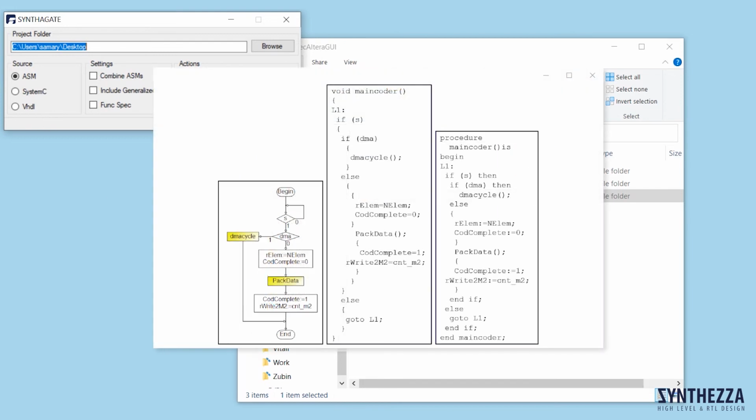This figure demonstrates that an ISM can be presented as a graph drawn in GUI ISM Creator, as a text in pseudocode of System C, or a text in pseudocode of VHDL. In this figure on the left you see the ISM of main coder, one of two modes of a codec, constructed with ISM Creator.